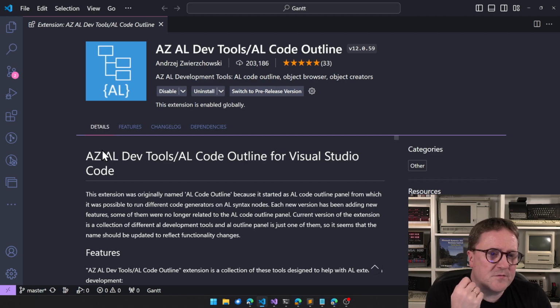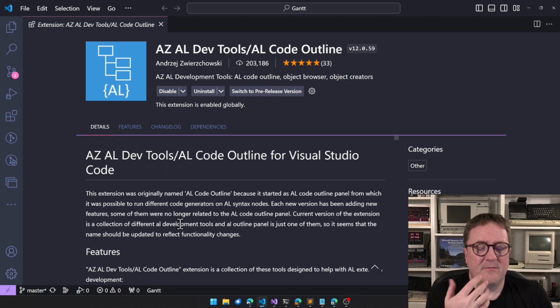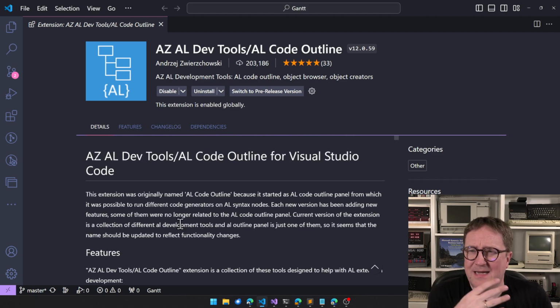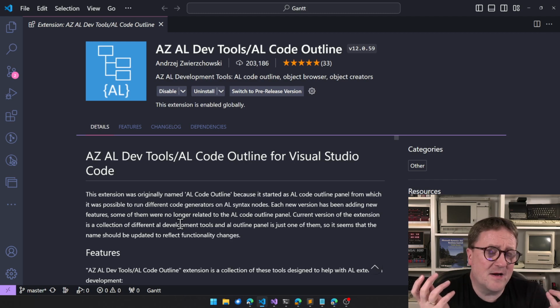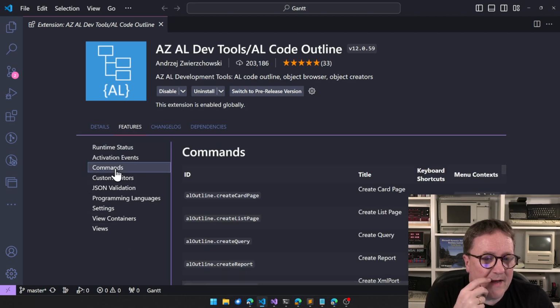There are the details, which is a page that the author of the extension creates. In this case, it's very good, but in other apps it might not be updated. But if you go to the Features tab, the one I like the most is called Commands.